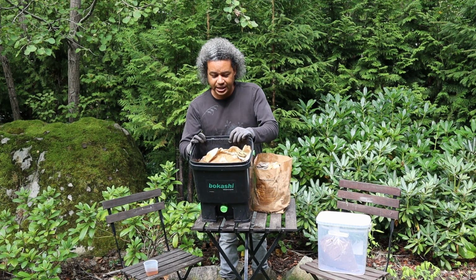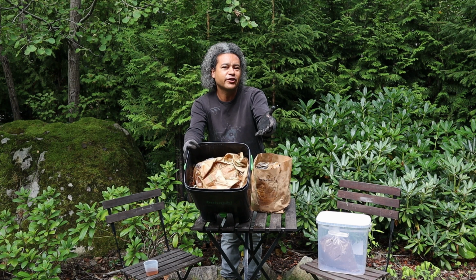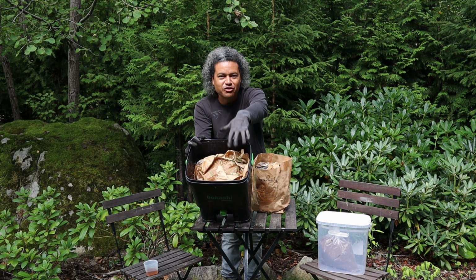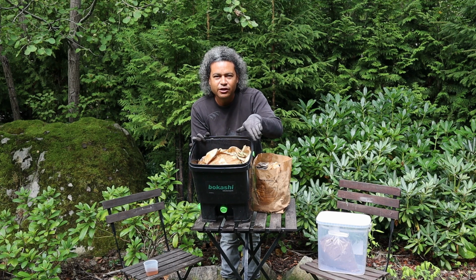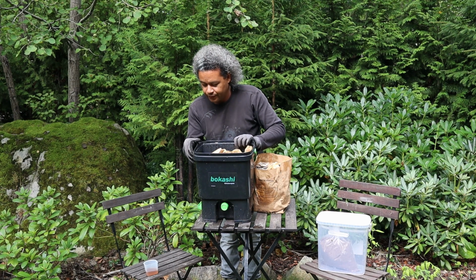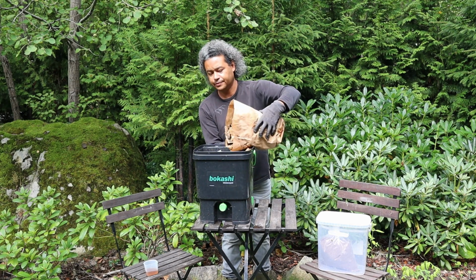So the interesting thing about inside, I don't know if you can see, is it hasn't broken down very much, and that is because the materials in here don't turn into fertilizer directly in the container. If you're thinking of a garden soil look, it is the liquids that are fermenting out of the system without much oxygen. So now I just want to carry on filling up right to the top